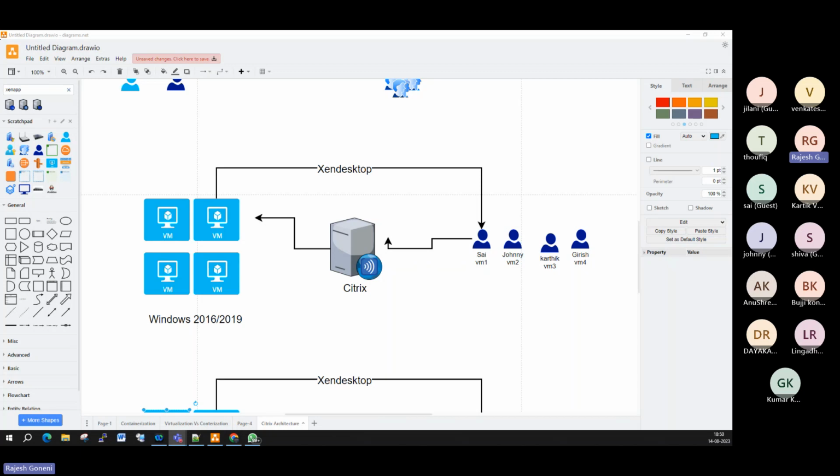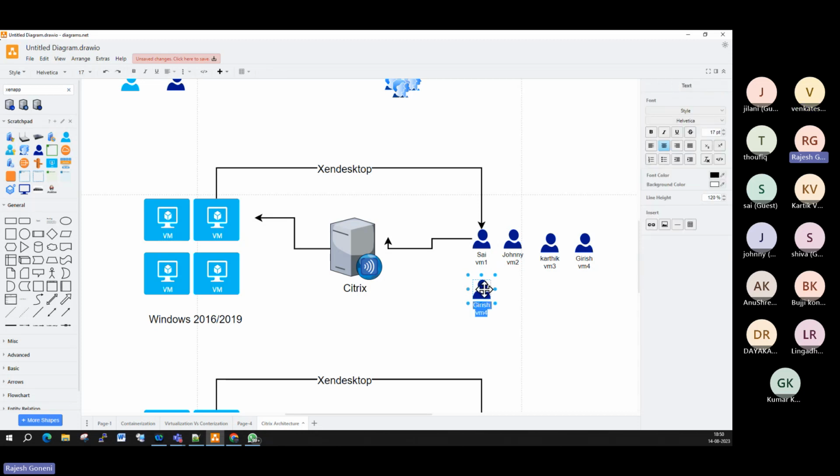Tell me, whether the 5th user will connect or not. Yes, sir, he will connect. Why will the 5th user connect? Because there are only 4 machines, right? Because Windows Server 2016 and 2019 can host multiple sessions. So now the question is, as per the formula,